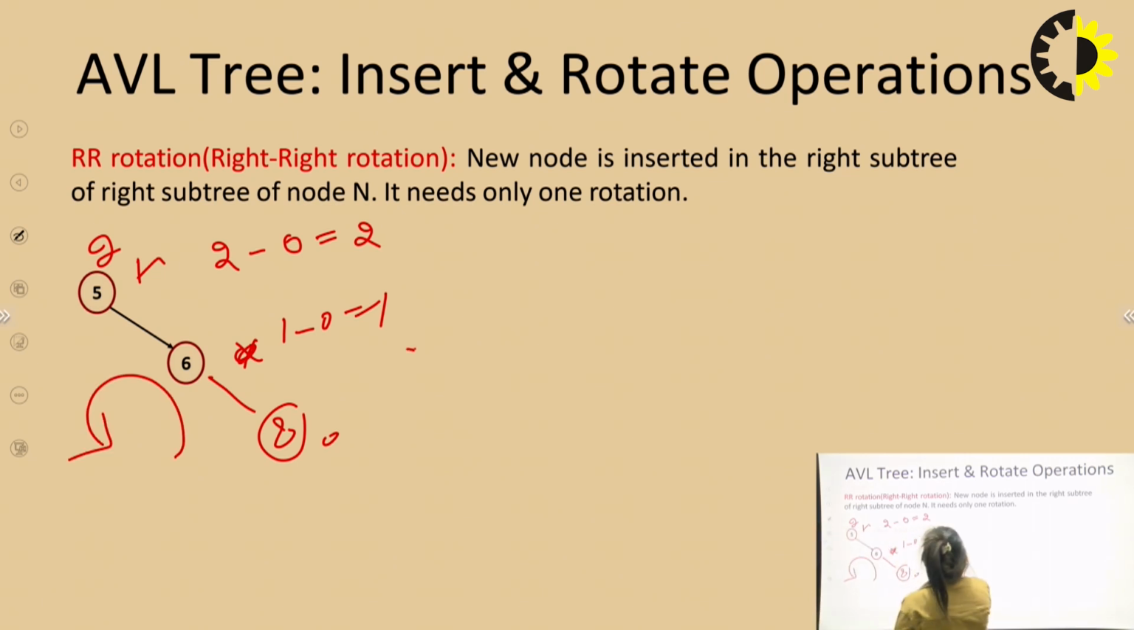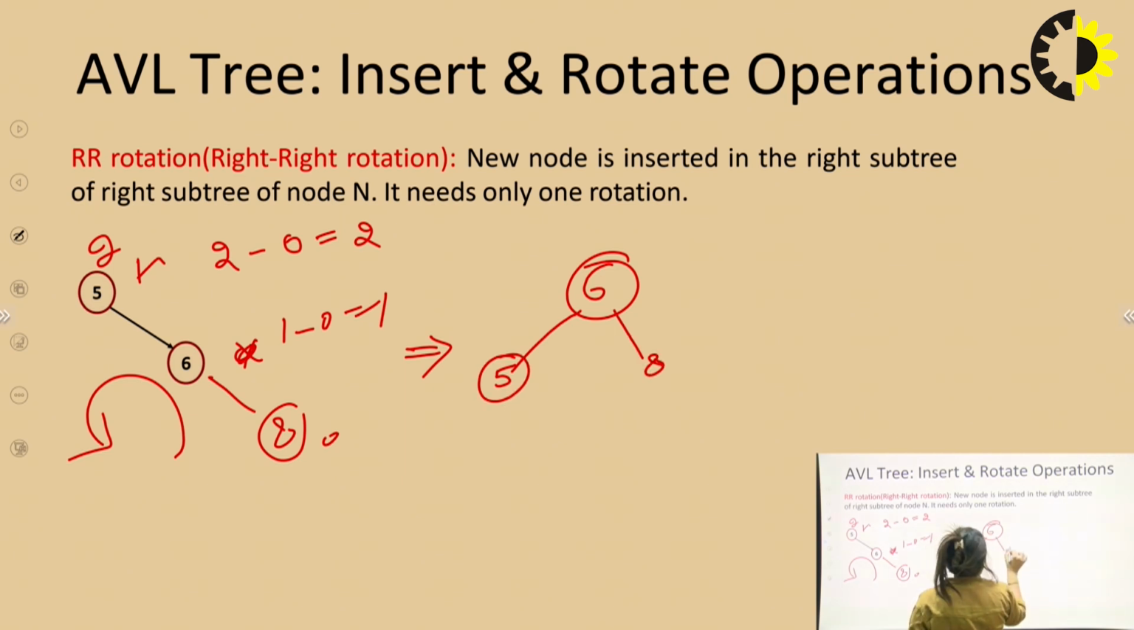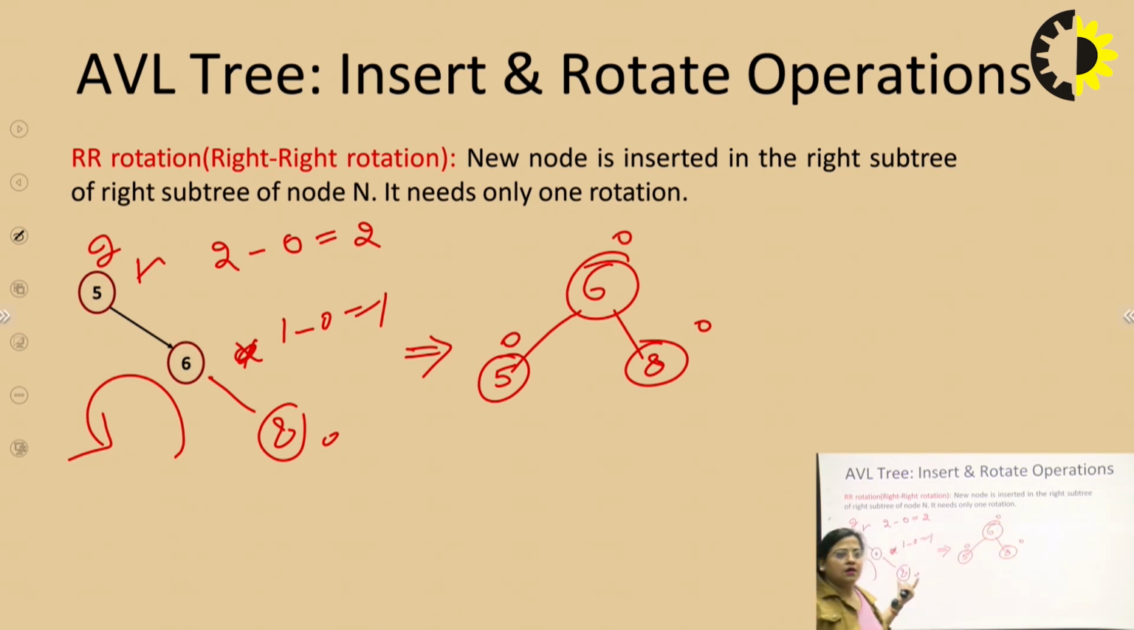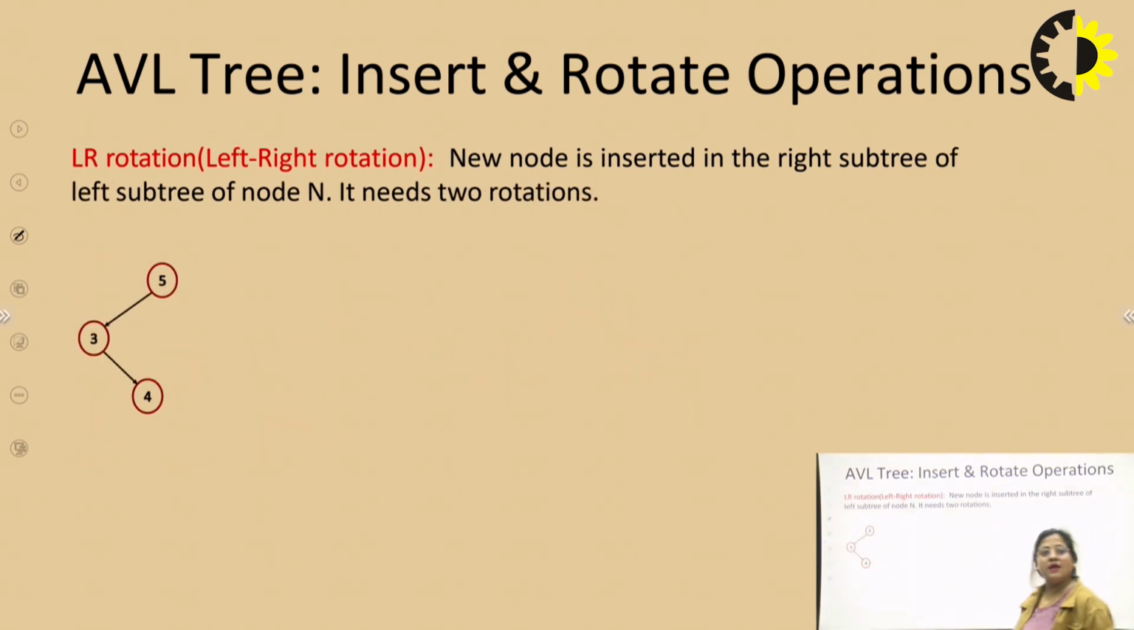Okay. So after rotation, your BST looks like this form. And check the balance factor again. So this is a height balanced BST. So this rotation is okay. Now comes the next rotation, that is